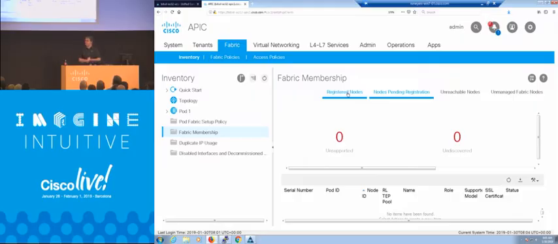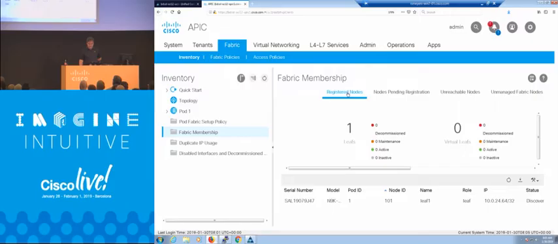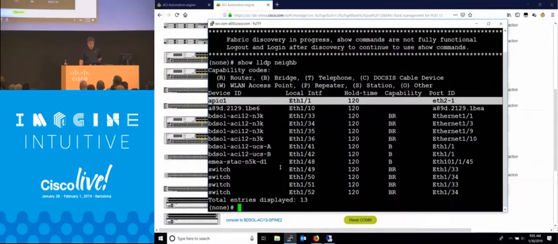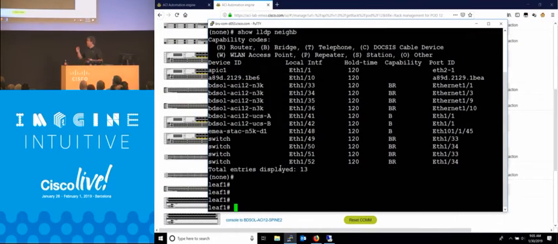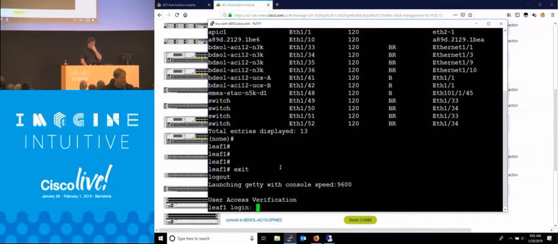Look, we have lost the leaf. So if we now go to registered nodes, we can see the leaf over here, we can see it has an IP address, and we can see our discovery has started. Also here we already see that it has a host name. Leaf 1 is being pushed to this leaf now, and depending on where we now are in the setup cycle,